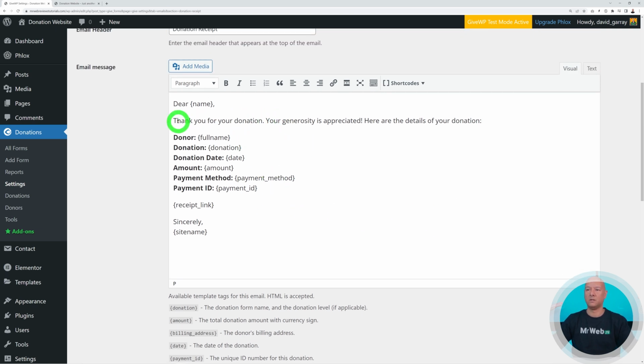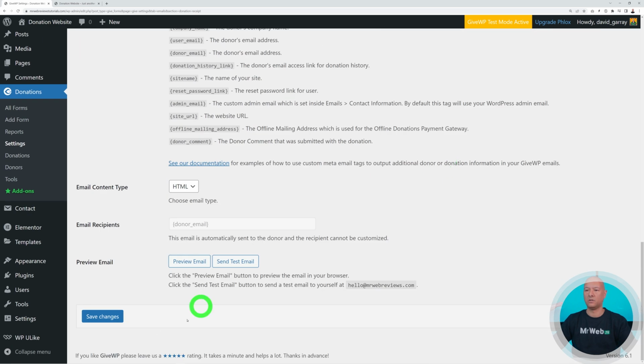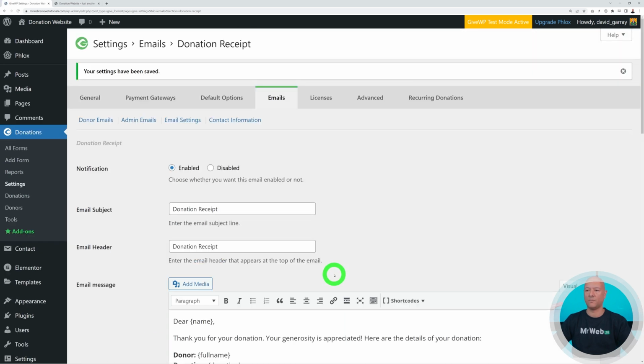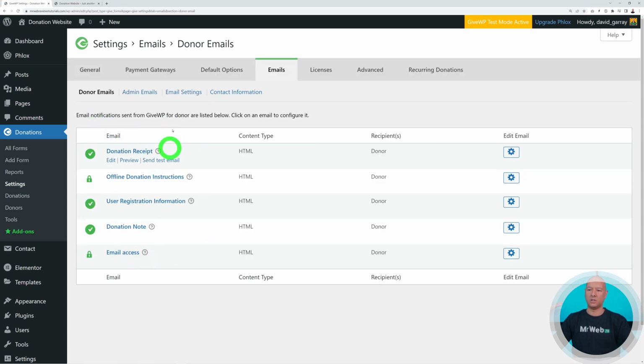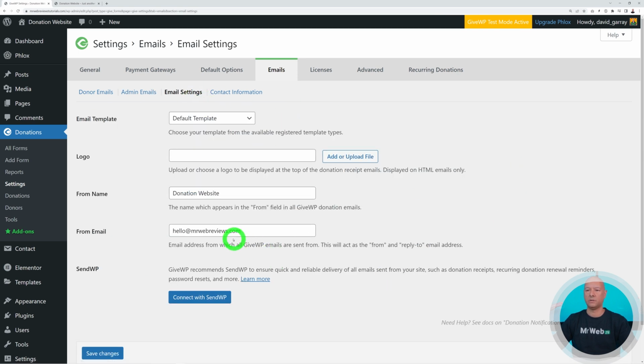Now again, you can tweak this around, change this and make it your own. And then once you're done, don't forget to save, basically, okay? Save changes. And that's basically it. After this, if you go back to your donor's email, you can change any of them. You can do so as well with the admin email. So all the emails that you will receive personally, you can change them as well. And then after this, go to email settings and make sure that the from email address is the correct one,